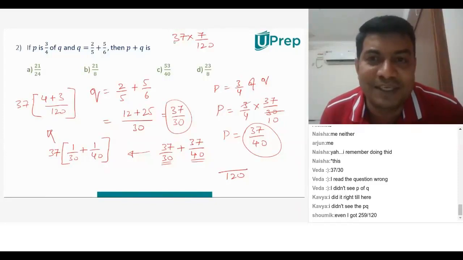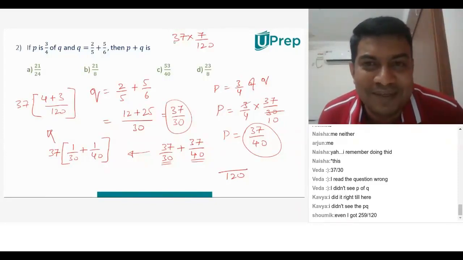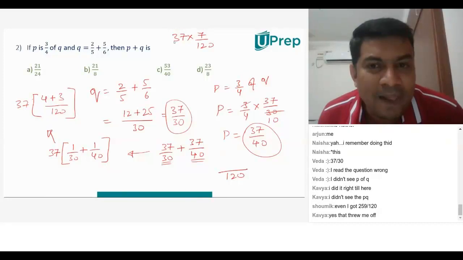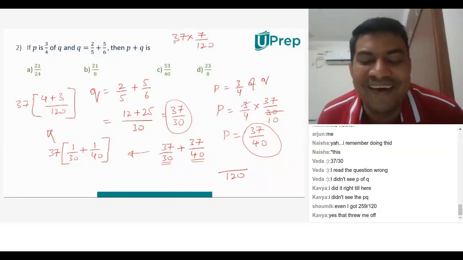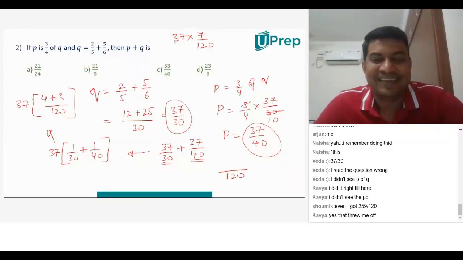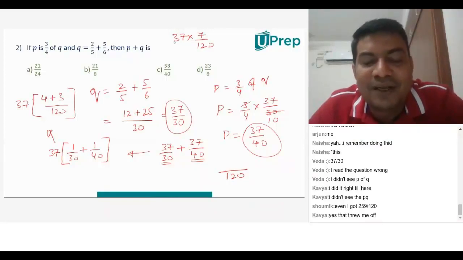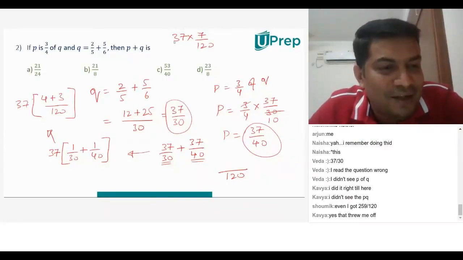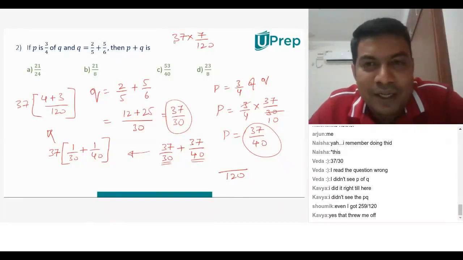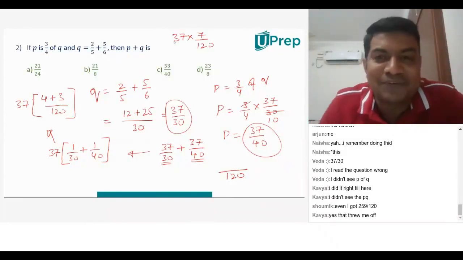I was wondering how come so many of you made mistakes on this easy question. Actually, my ultimate answer, I checked my notes just now, is 259 by 120, but I didn't further solve it, so I guess I just guessed it to be 53 by 40 or something like that. Because I haven't done any calculation after 259 by 120. Okay. So you guessed it because 40 is the denominator, so you took 40. The reason I guessed it, sir, is because I was super confused about how to simplify. Okay. So all of you can add your marks for this question.